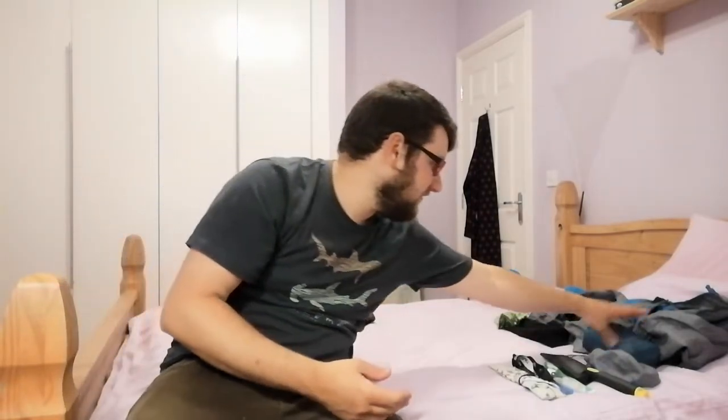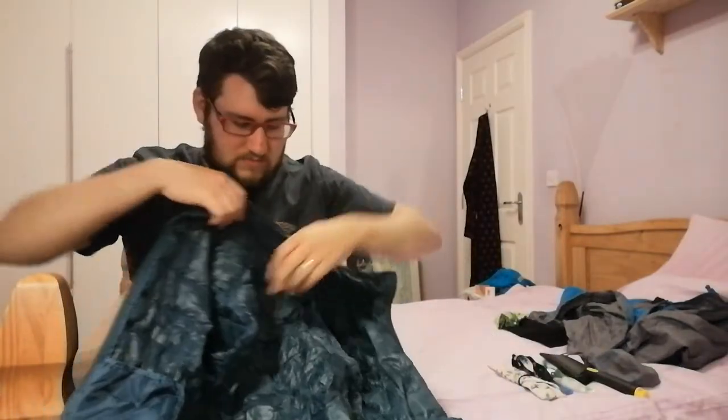The other things I would have in the actual tent, I've got this, which is my little down jacket. Again, I got this for about 10 quid, and this was from Wish. It's this fairly thin down jacket. You can see it's not very thick. It's not thick at all, but there is down in there, and when you pair it with a thermal t-shirt, when you're only